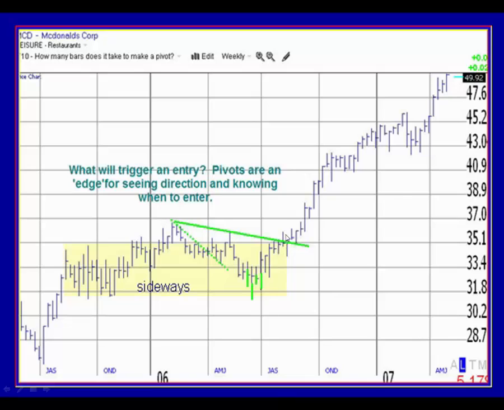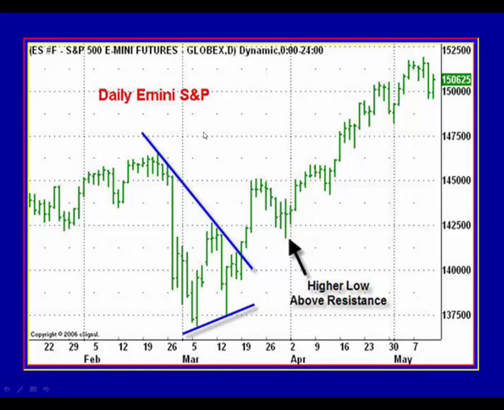The key about bull stackers is that although we want to try to buy discount, bull stackers are the unique cases where we're actually buying premium. We're going to need to discuss that in more detail to wrap our heads around that concept. But again, pivots are an edge for seeing direction and knowing when and how to enter. And keeping the risk small and under control is key. So here's your day